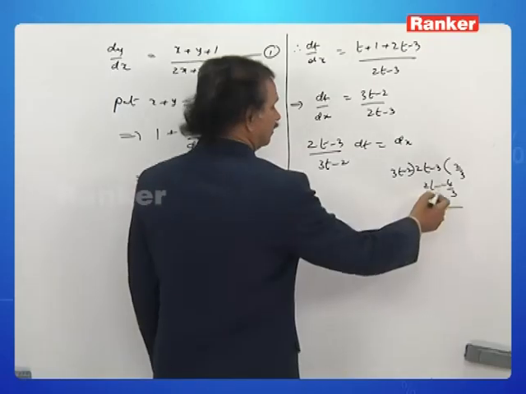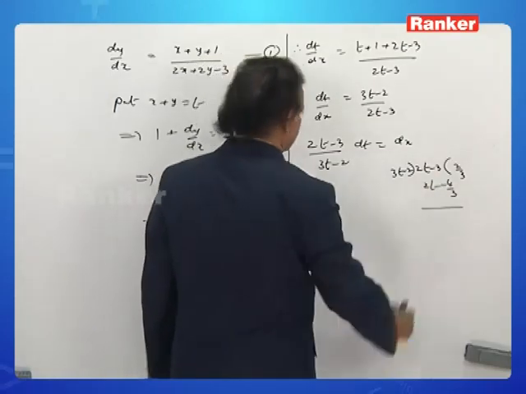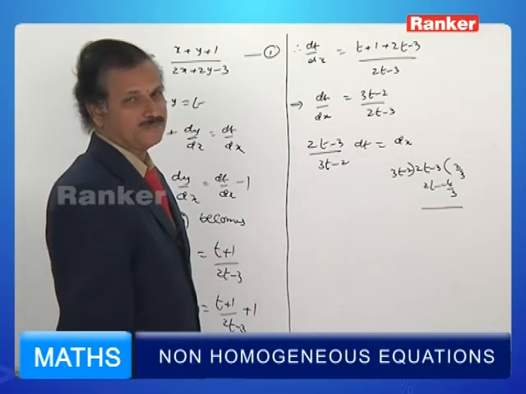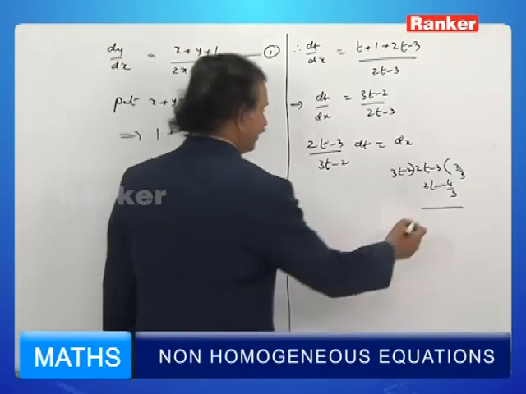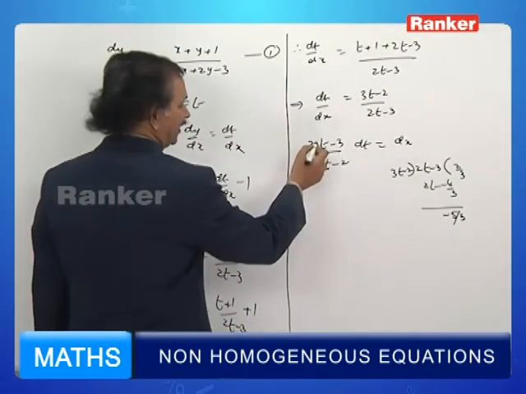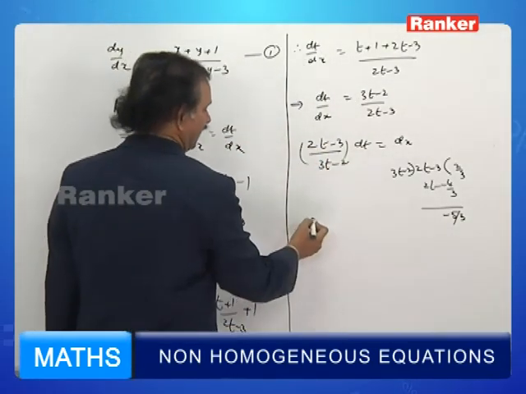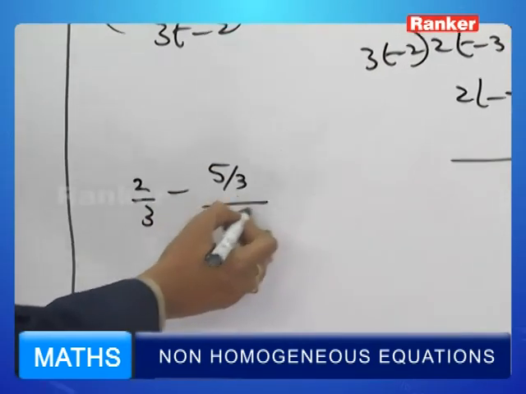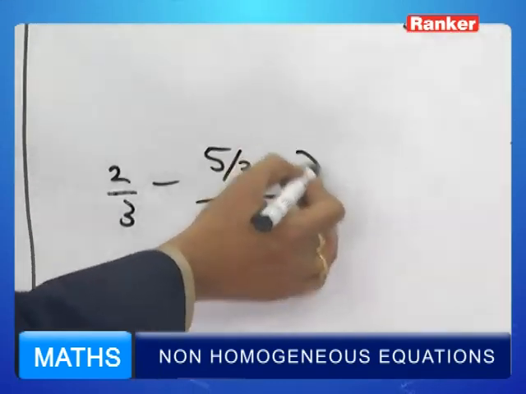Subtract them. What happens? 4 by 3 minus 3 is 4 minus 9 by 3, that is minus 5 by 3. Therefore, you can have this expression as 2 by 3 minus 5 by 3 by 2t minus 3